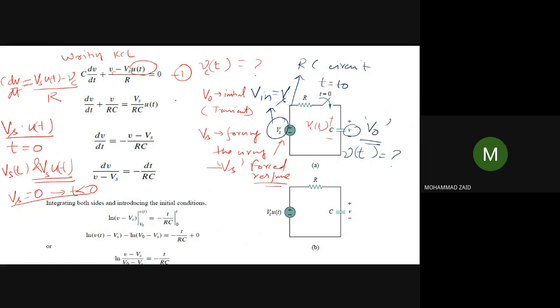Okay, so we are forming a differential equation as we have done earlier also. So dV by dt plus V by RC is equal to Vs by RC u(t), and then you can simplify, you can mark it as equation 2. This becomes 3, this becomes 4. So finally we can write down, with some algebraic manipulations, dV by (V minus Vs) is equal to minus dt by RC. Now if you take integration on both sides, we need the V naught we have written, that is the initial condition, that is at time 0, what is the voltage V naught. As you already know, the integration of this will become ln V, and RC is constant, so it will come out, and the dt integral will become t.